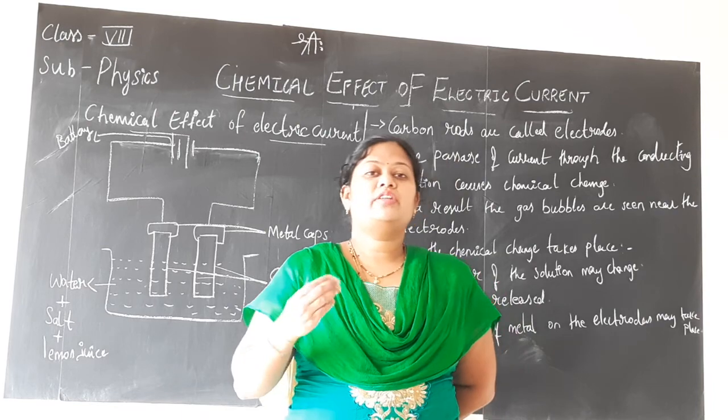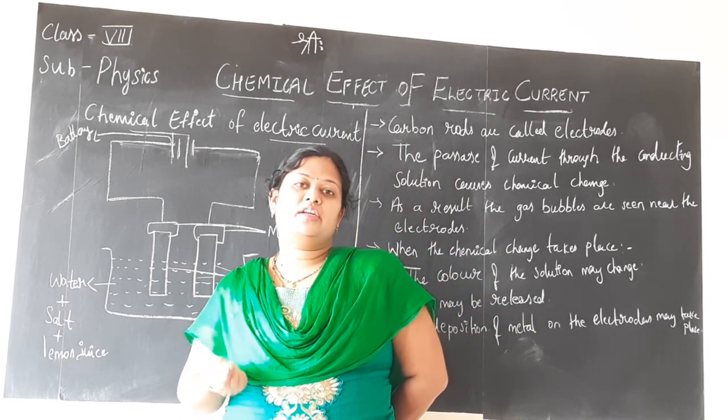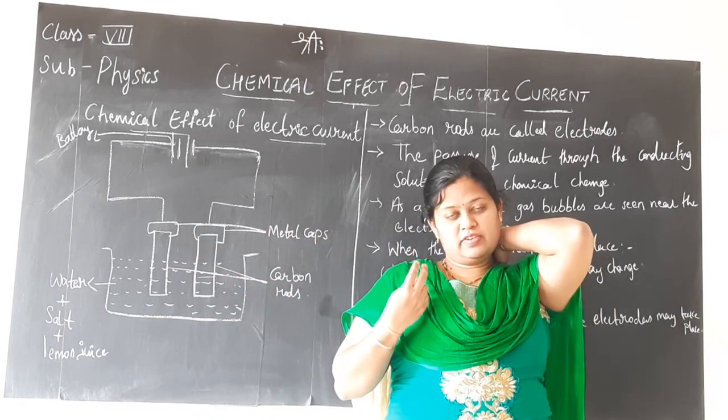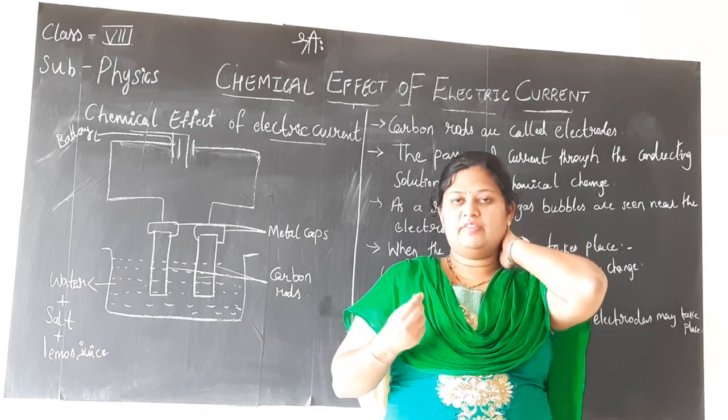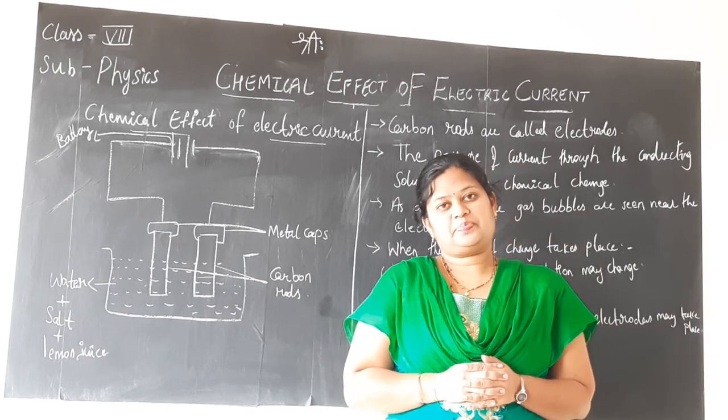And we also studied about LED bulbs, which are sensitive to a small amount of current and glow. About the two leads of the LED, the long one is positive and the short one is negative, and I also told you about the difference between the battery and the cell.